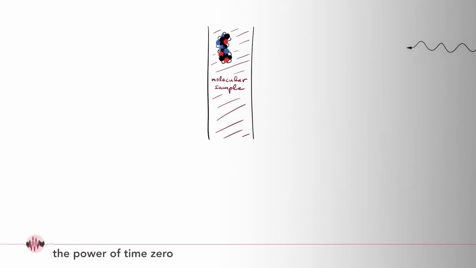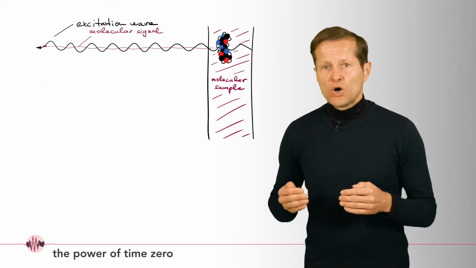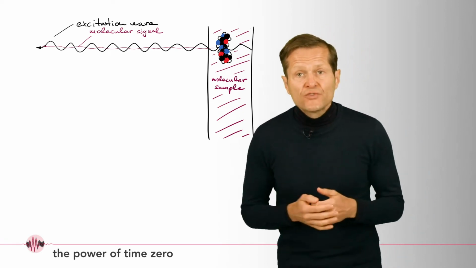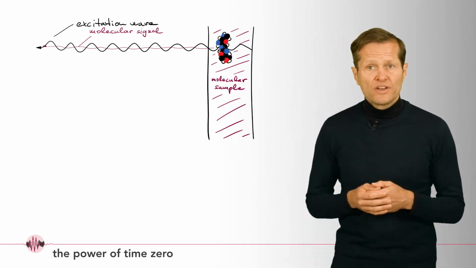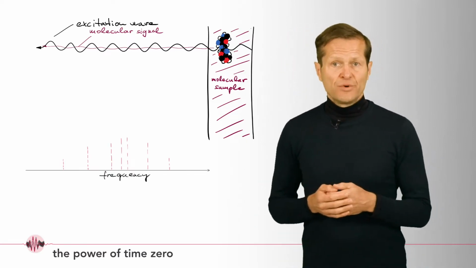This is the oscillating electric field of an infrared wave used for absorption spectroscopy. It excites the molecules of the sample under scrutiny. They radiate a faint signal, which is superimposed on the incident wave. This signal oscillates at the specific frequencies at which the molecules are able to vibrate and carries the vibrational fingerprint